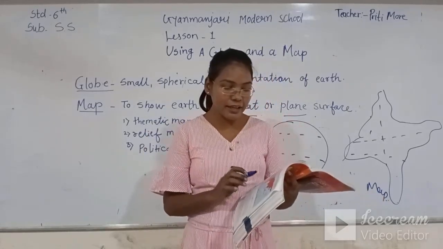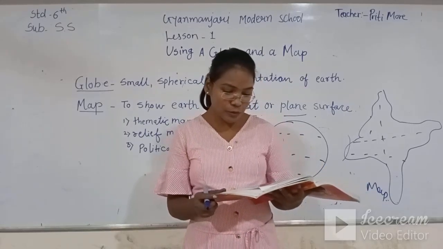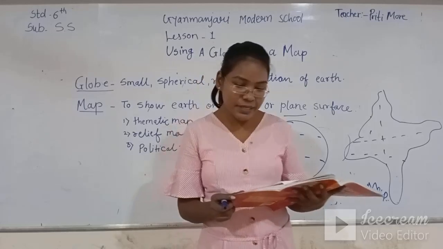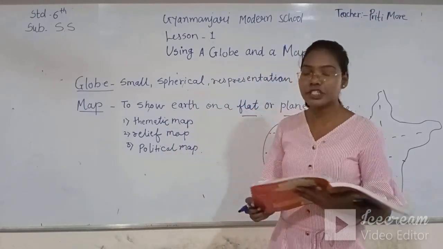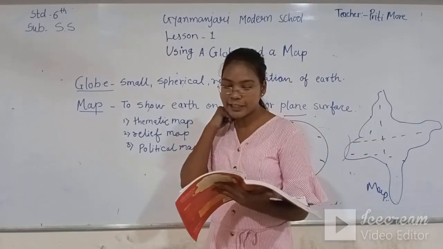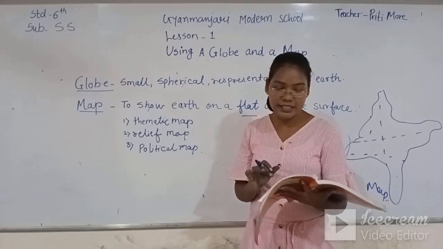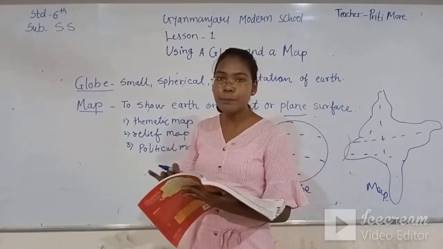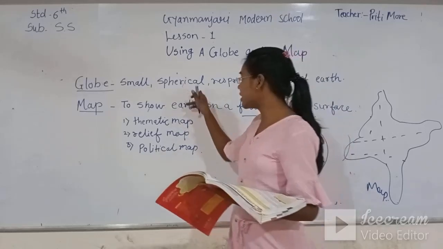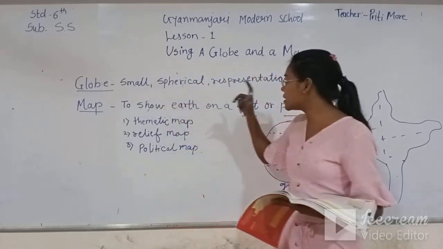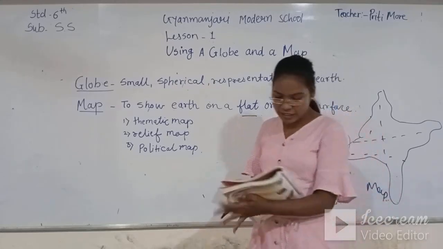The Pacific Ocean, Atlantic Ocean, Arctic Ocean and Southern Ocean are the important oceans, and the 7 continents are in this map, all shown on the flat surface. And if you see the same on the globe, then you can see it on the sphere. So let's see.